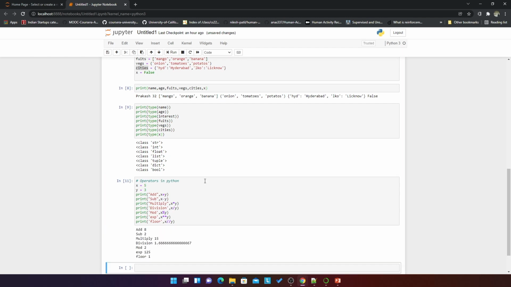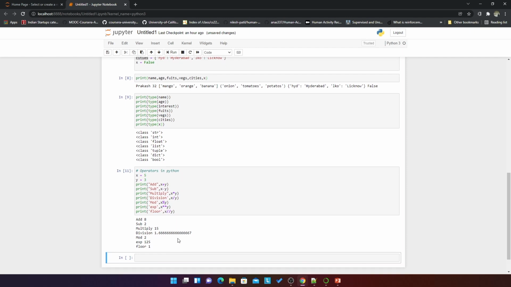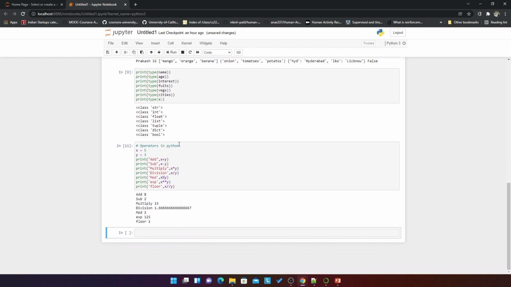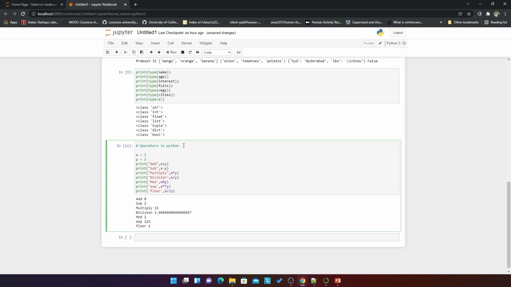So now adding 5 plus 3 gave us 8, subtraction gave us 2. So you can see the results here. So I think it is self-explanatory. Then we come to, so these were basically my arithmetic operations,